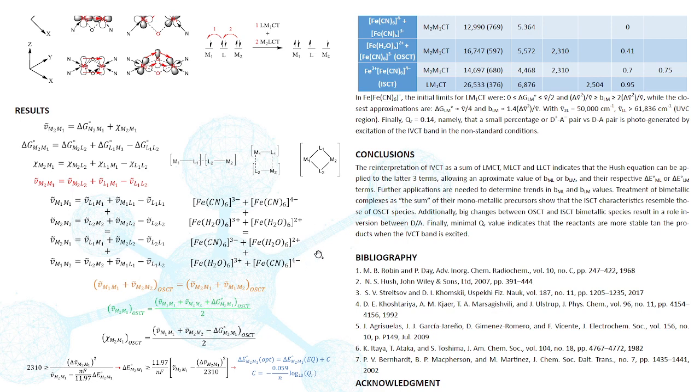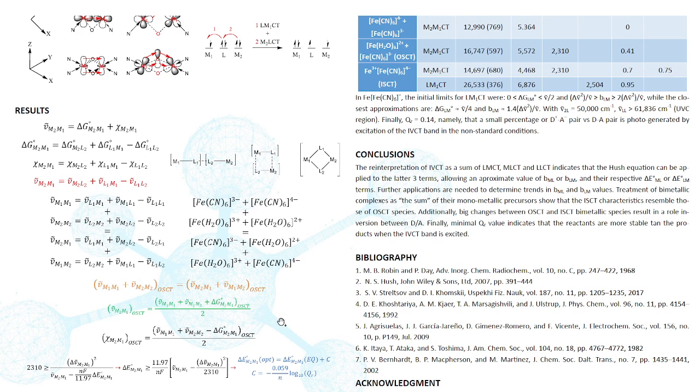We analyzed this for one of the most known cases, Prussian blue, which can be seen as the sum of the hexacyanoferrate and the hexaaquo ferrous species, which can produce the complex between the hexacyano and the hexaaquo ferrous species. We also showed that the dimer species, its transition maxima and its reorganizational energies can be obtained by